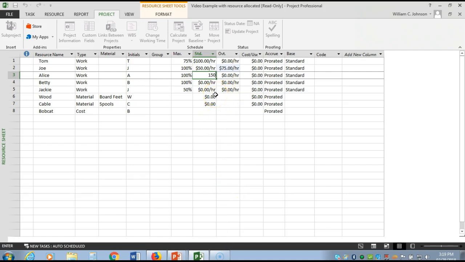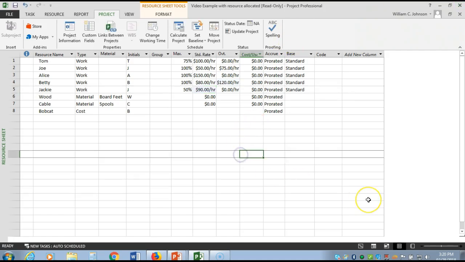Betty is an hourly employee, and she is $80 an hour, and her overtime rate is $120 per hour. And then Jackie is salaried at $90 an hour. And with that, we've now entered all of our work resources